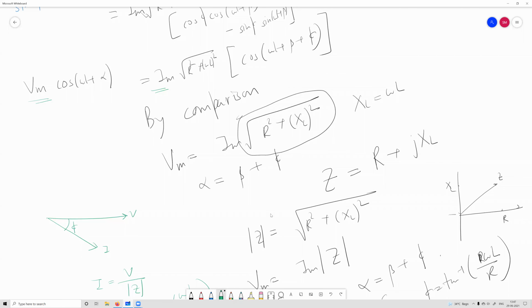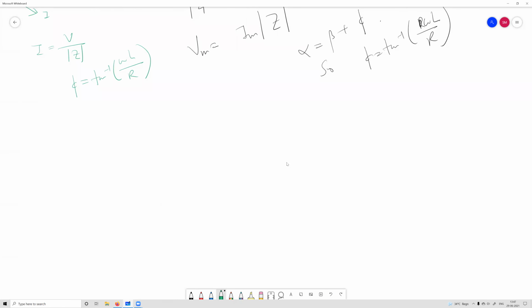We see that Vm equals Im times square root of R square plus omega L square. This we have seen. Yes, sir. But these are the magnitudes. All these are real quantities. In terms of phasors, this would be Vm e to the power of j alpha and Im e to the power of j beta. And how to write this? This would be mod Z e to the power of j phi.